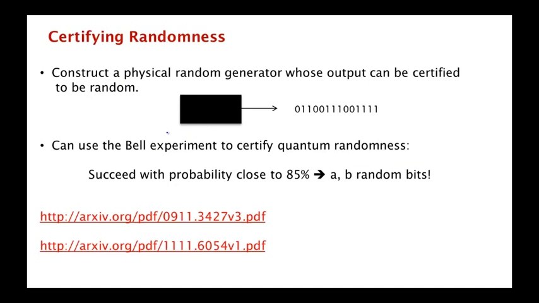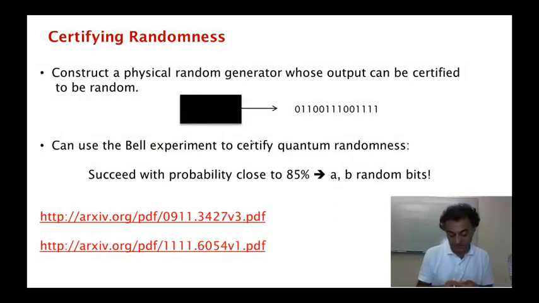Okay, so now here's a problem. Here's a question that people have been trying to think about for a long time: how do you construct a physical source of randomness? How do you construct a device which outputs truly random bits? Intel last year announced a chip which digitally produces random bits for use in cryptography. But now you could ask the question, how do you know that the chip is working correctly?